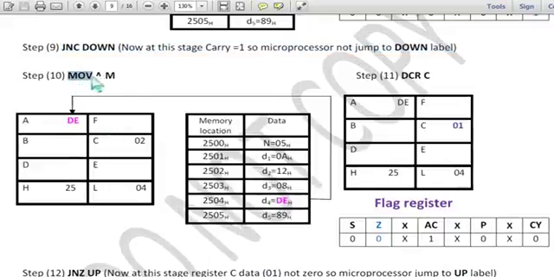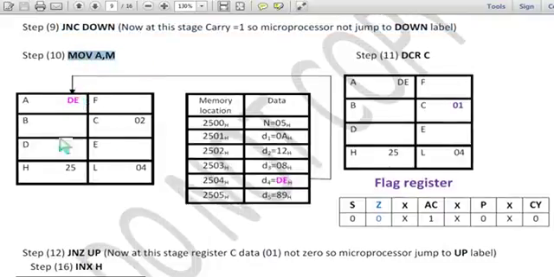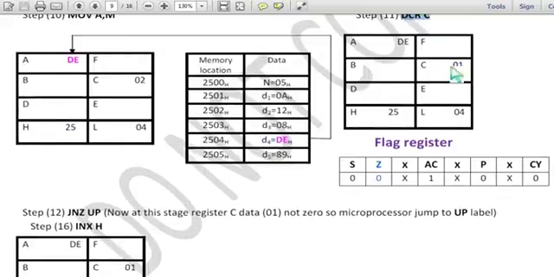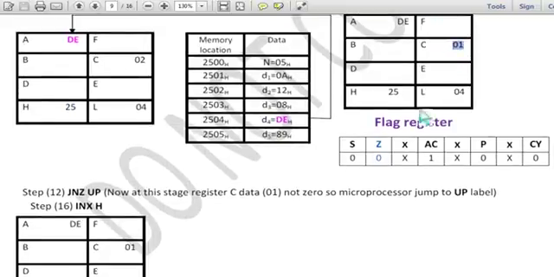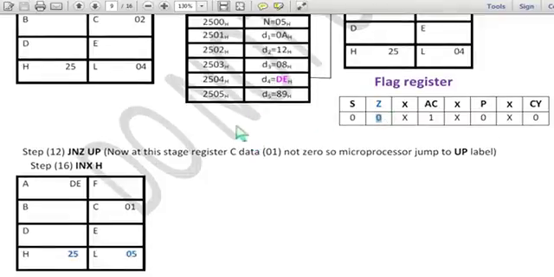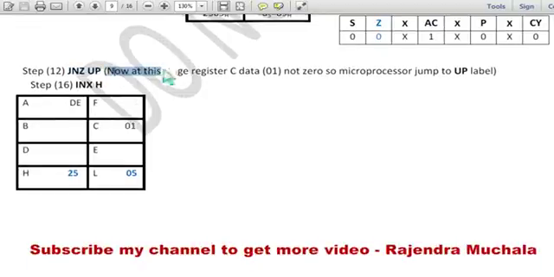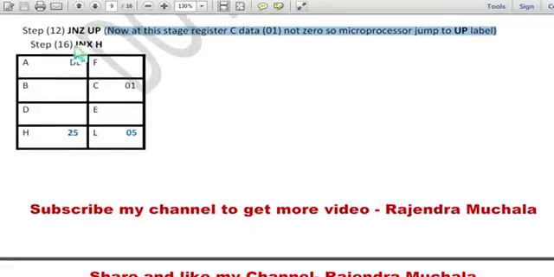Next instruction is MOV A, M. By this instruction, the HL pair has 2504, so the larger data DE is copied into the accumulator from 2504 memory. Then the next instruction is DCR C. By this instruction, register C data becomes 01 and zero flag bit is 0. Next instruction is JNZ up. Now at this stage, register C data is not 0, so the microprocessor jumps to the up level,